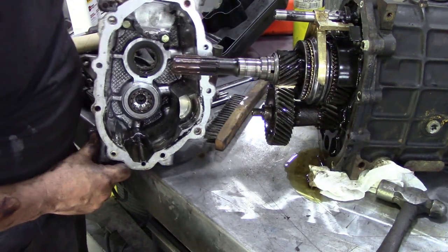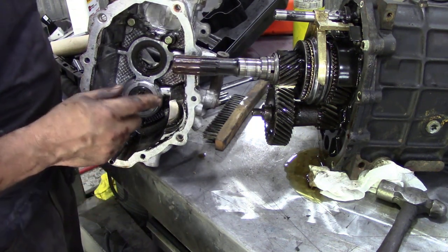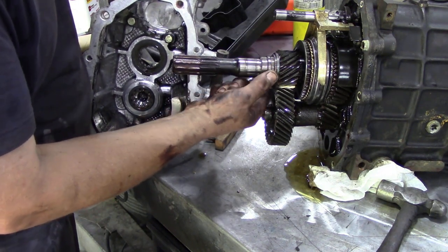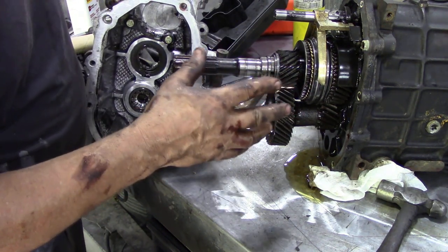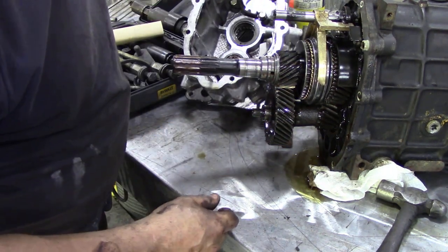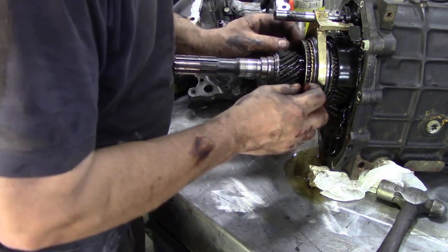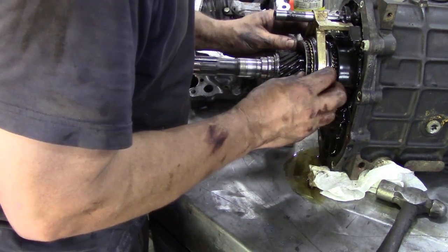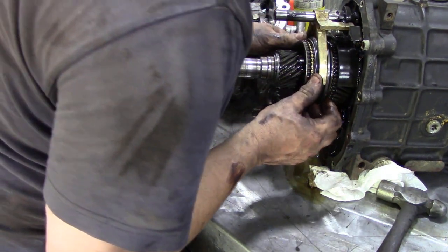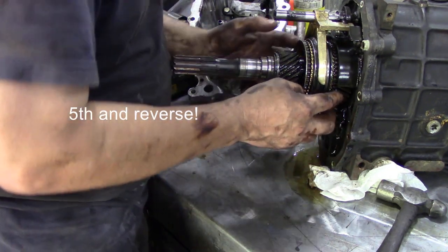What do we observe in here? Well, the bearings look quite good. They don't look too worn at all. So we're going to try and salvage those. Your first observation's kind of important, because you know where you're going. It doesn't look too bad at all. So we're just looking at these synchros, making sure that there's a nice sufficient gap whilst it's assembled. This is the third and reverse. This reverse gear here,